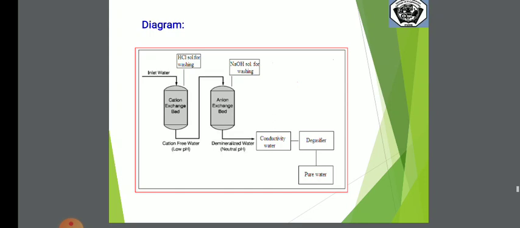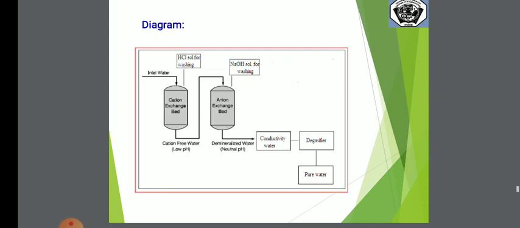So how does it work? The hard water, which is raw water, is added at the water inlet from the upper side of the first tank over the cation exchanger bed, which removes all the hardness-causing cations. Then the same water is allowed to pass into the second tank, which contains the anion exchanger and removes the anions from the hard water. Now this water is free from cations as well as anions. Then it is allowed to pass to the third steel tank, the degasifier, which removes the gaseous impurities from the water, and we get pure, that is demineralized, water by using the ion exchange process.